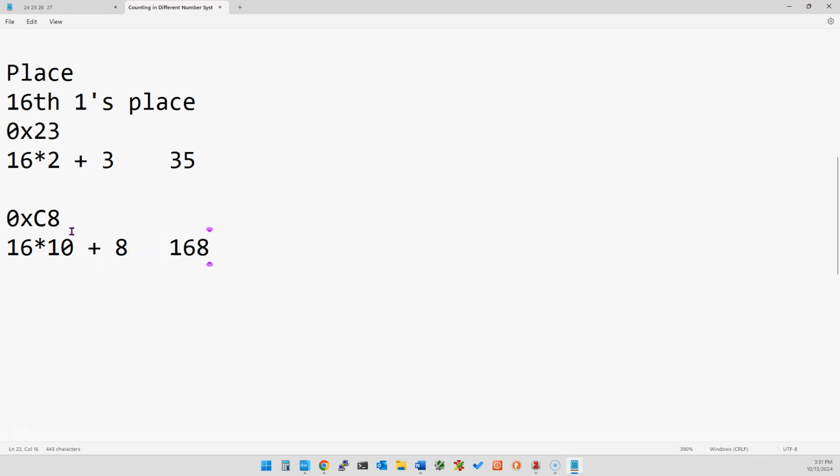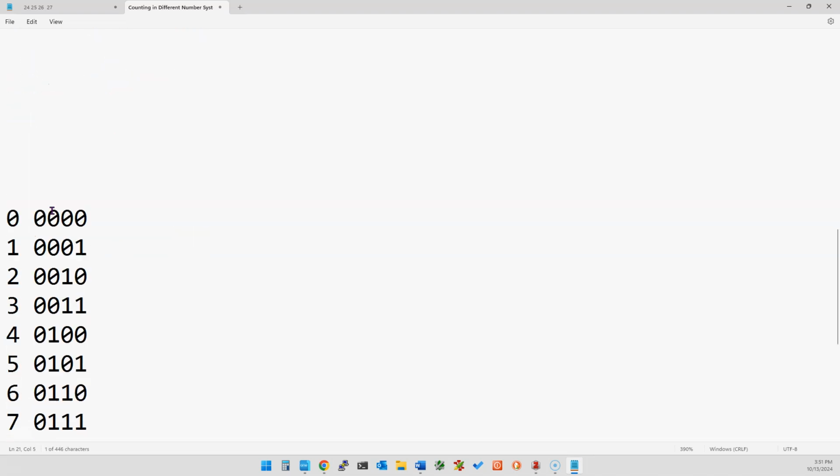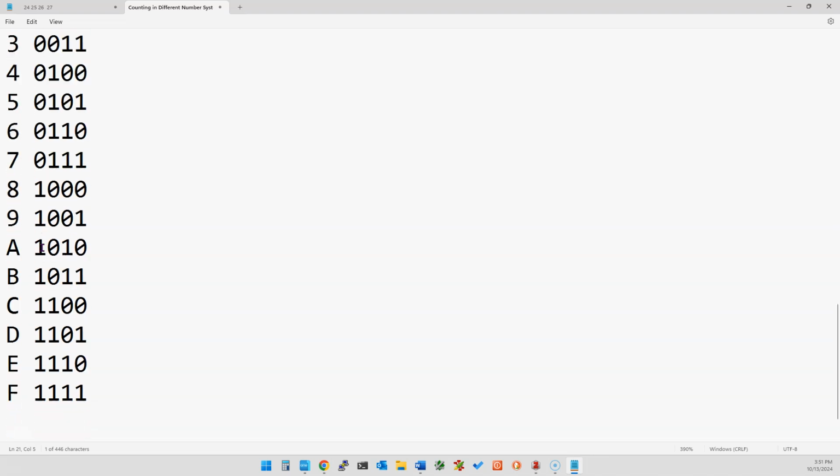That's 168. All right? I can do any of these numbers. These values, C and 8, are represented by these binary values right here. They're always the same. If I put in two characters, C and then 8,